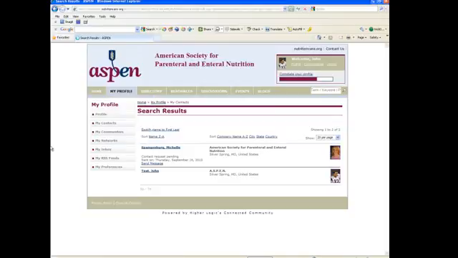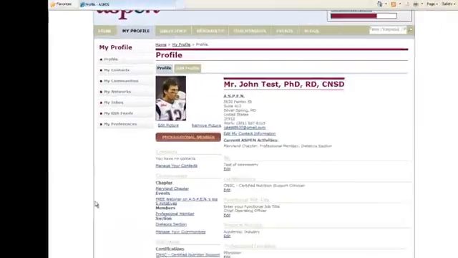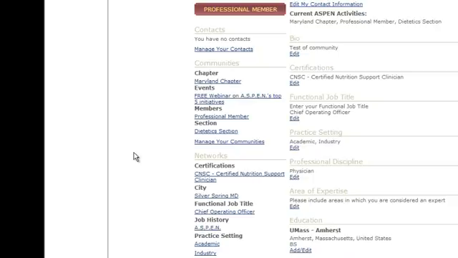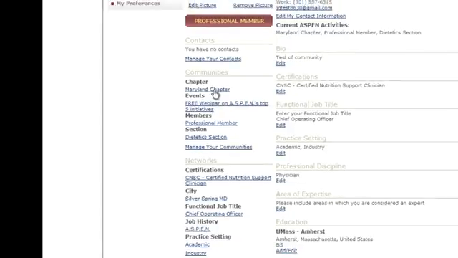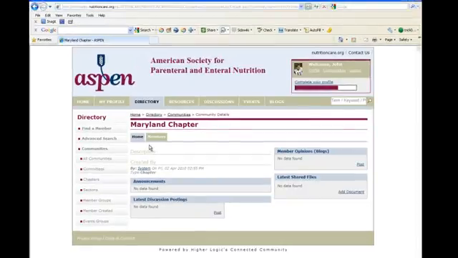Going back to my profile, let's talk quickly about communities. Communities are a little bit different as they pull information from your membership. For example, Maryland chapter. I signed John Q. Test as a Maryland chapter member. You'll quickly first open up some page information about the chapter, so once announcements are entered into it, discussion postings, member opinions, this will all display for you.